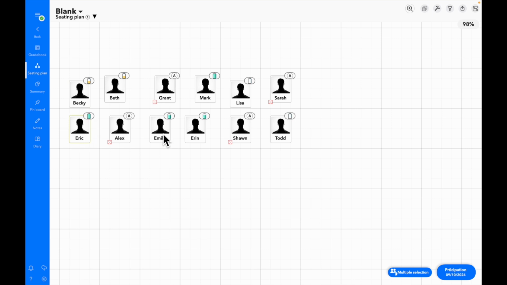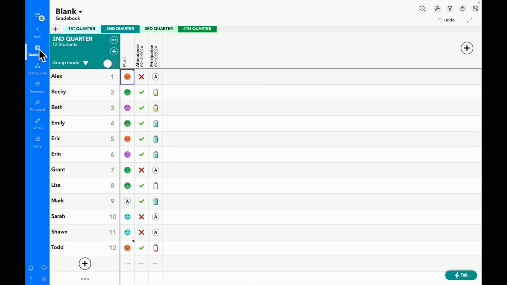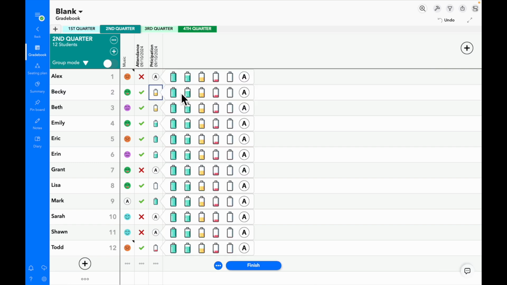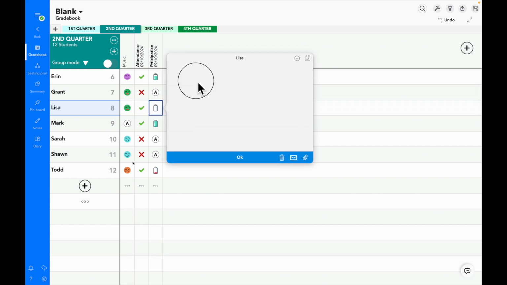Emily, Aaron, they were good. Todd was pushing my buttons. He wasn't terrible, but he wasn't great. And Lisa, I had to call her parents. So I'm going to leave it like that. And I'm going to say cancel. I can also do this from the grade book and just double click on, and then there's all my choices. And I can click on Lisa and say annotate and write a note called Mom